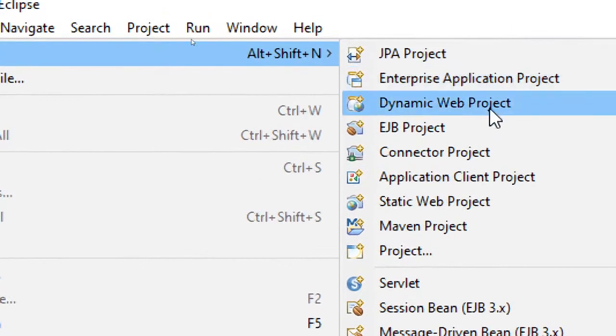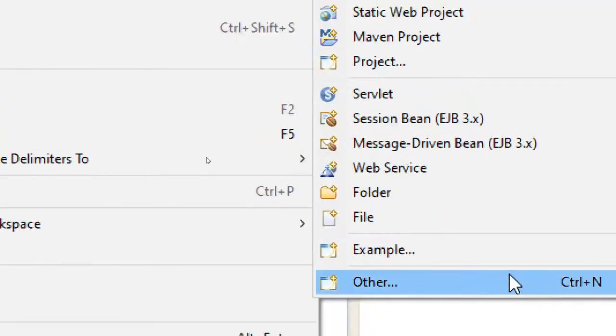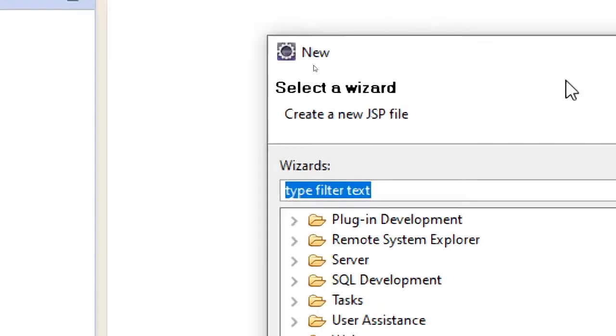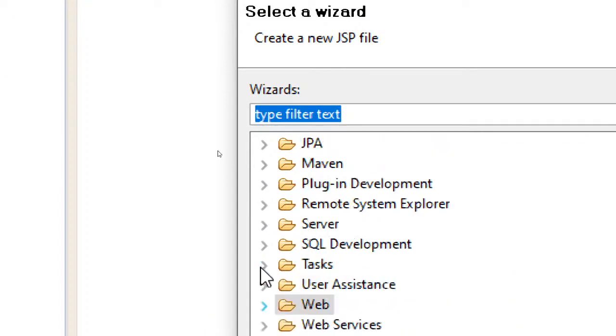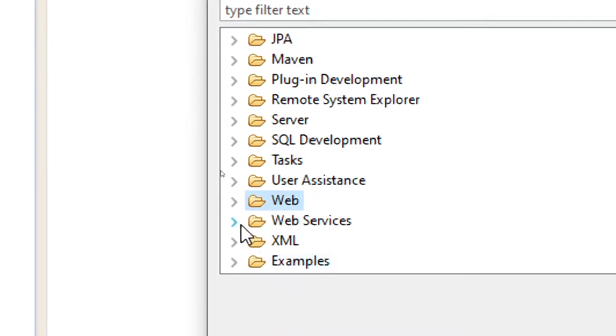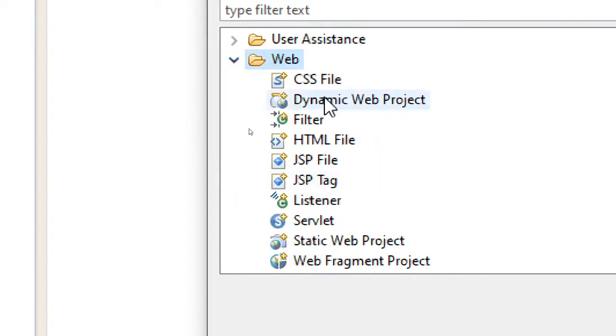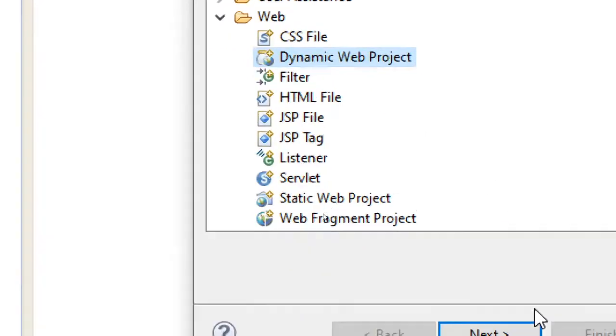If you don't see this dynamic web project directly under New, then just go to Other, and this wizard will open. There you can see Web, and under Web you can look for dynamic web project. So this is how you will use the dynamic web project rather than going for the Java project.